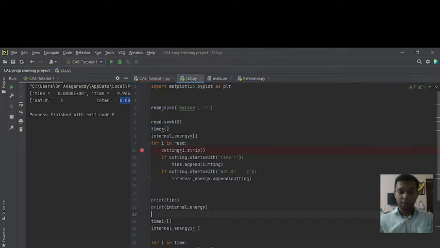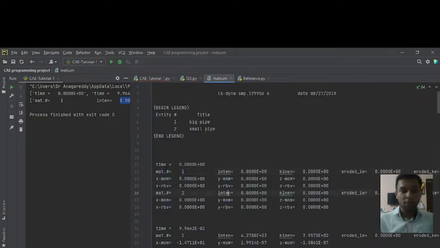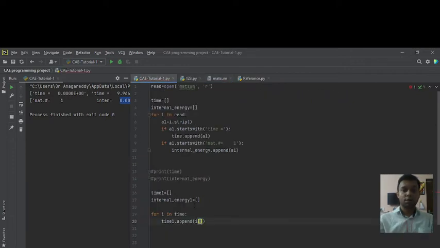Here we already measured this string, from 9 to 19. If you measure, you will find that it starts from 9, the 9 number to 19. So I will cut this string from 9 to 19 and append that to time 1.